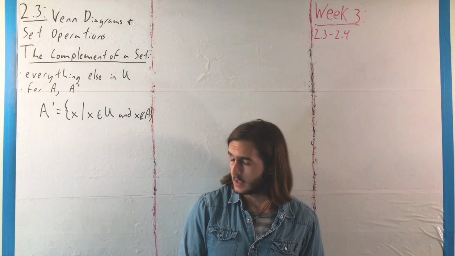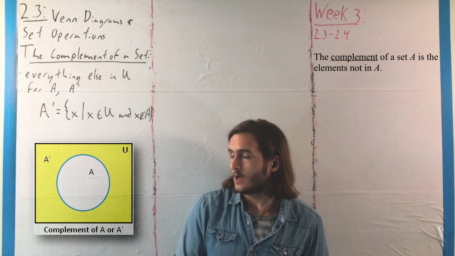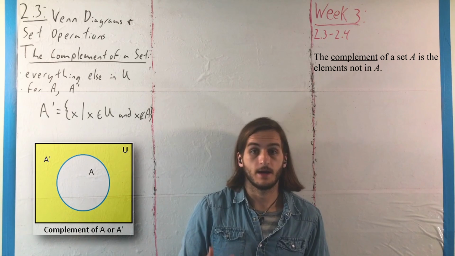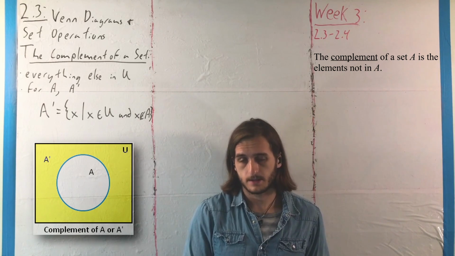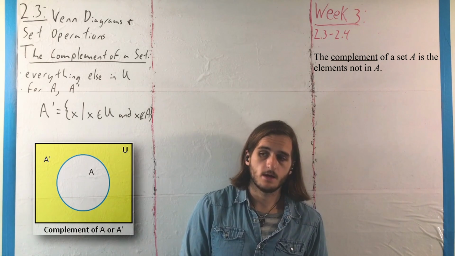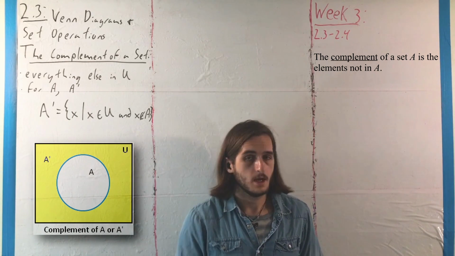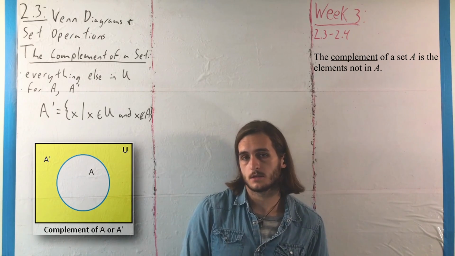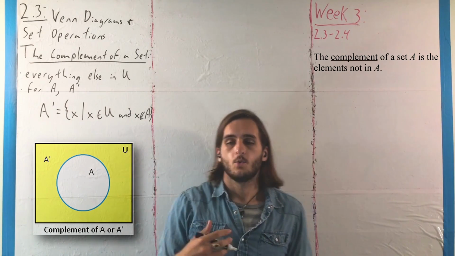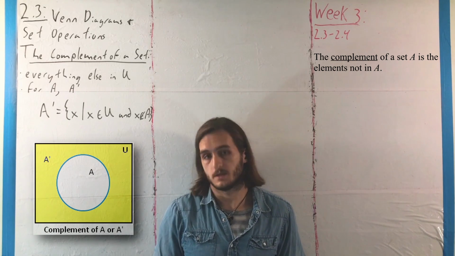The next big thing we're going to look at here is the idea of a set complement, or the complement of a set, where essentially the complement of a set will consist of everything other than that set. So thinking back to our example from the states, if we have that A is the set of states beginning with the letter A, like we said, and U is the set of all states, then A complement, which we denote A prime, would be the set of all other states,